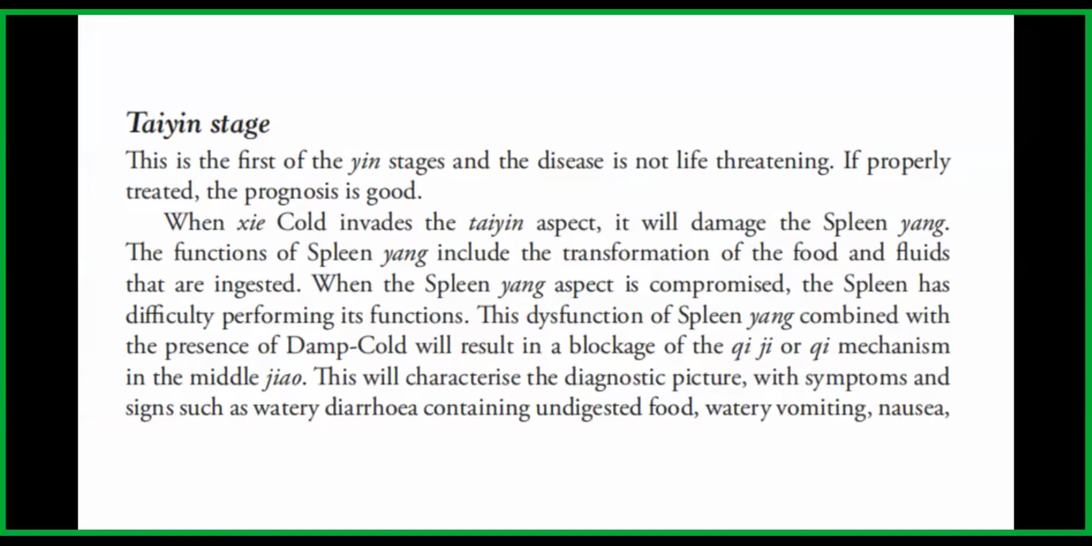The functions of spleen yang include the transformation of the food and fluids that are ingested. When the spleen yang aspect is compromised, the spleen has difficulty performing its functions. This dysfunction of spleen yang, combined with the presence of damp cold, will result in a blockage of the qi mechanism in the middle jiao. This will characterize a diagnostic picture with symptoms and signs such as a watery diarrhea containing undigested food, watery vomiting,